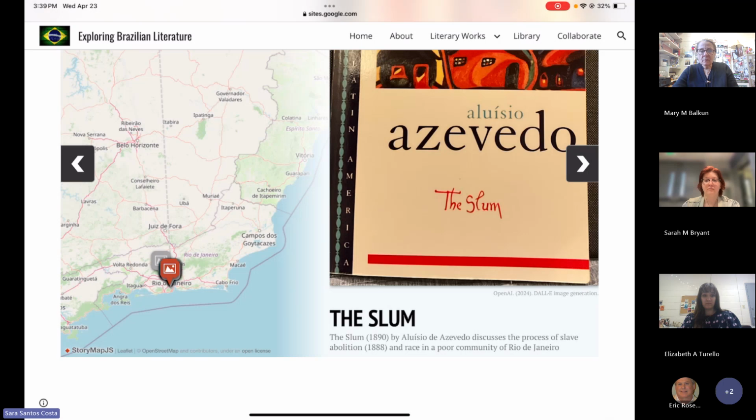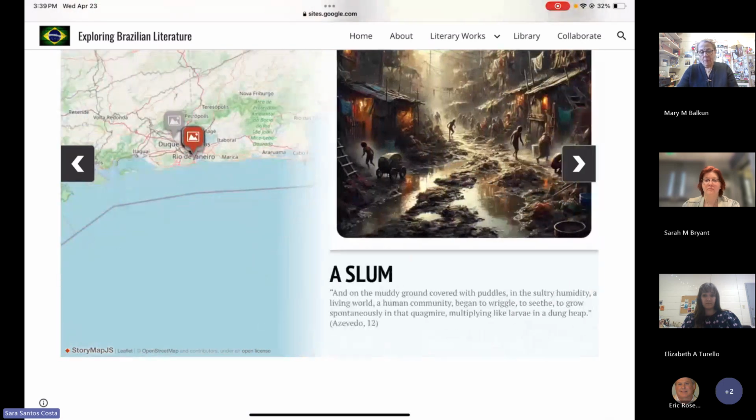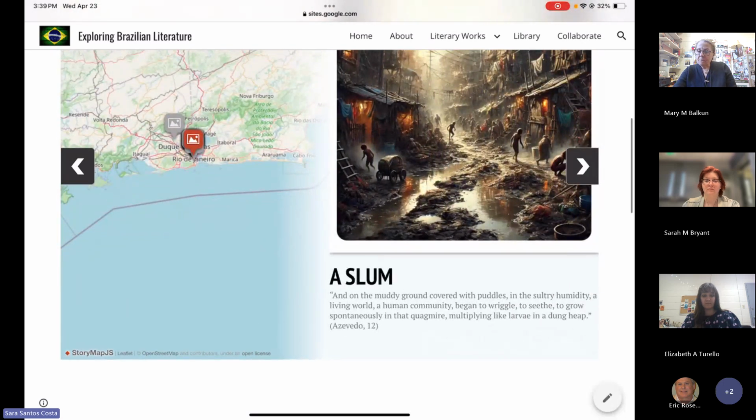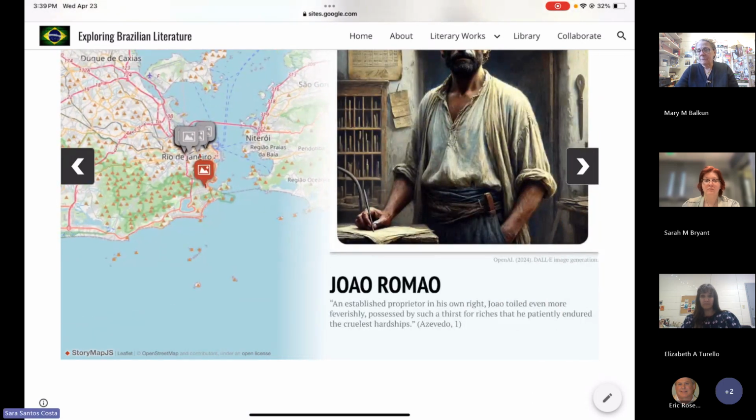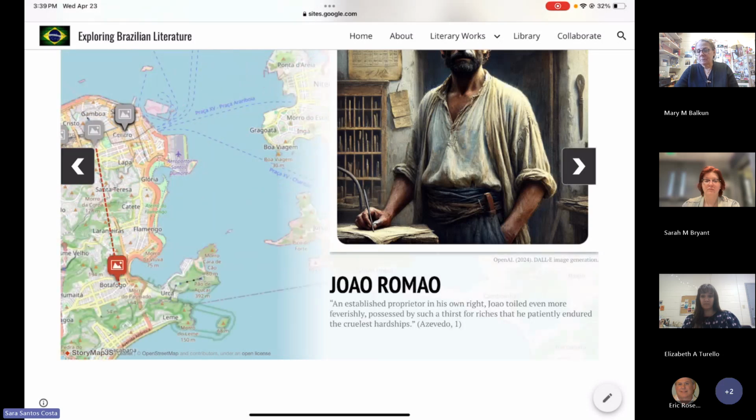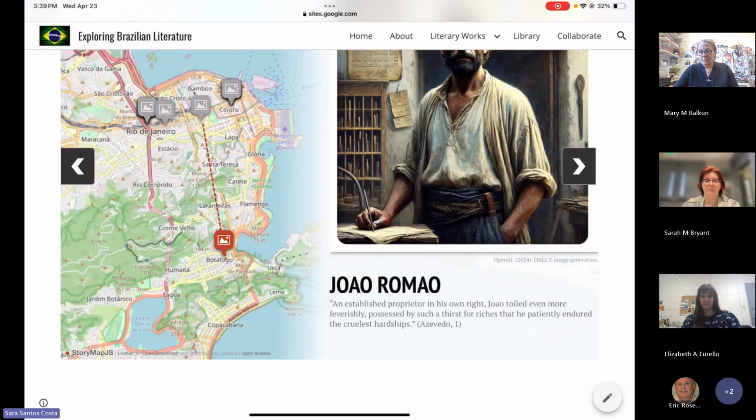So here you're going to see the slum, from Rio de Janeiro, portraying a poor community, and there are some pictures that can lead you a little bit through, such as the slum. Below the picture you can see some excerpts from the book that describe it, and on your left is always a little bit of where in Rio de Janeiro it is situated, so the cities or